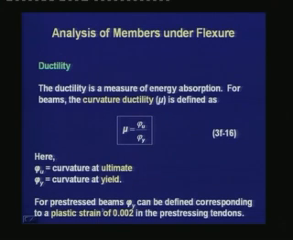For prestressed beams, phi y can be defined corresponding to a plastic strain of 0.002 in the prestressing tendons. As we know that for a prestressing tendon there is no definite yield point, then how do we calculate phi y in the moment versus curvature curve of a prestressed section? We have to define a point in the stress strain curve of the steel for which we define a corresponding yield curvature. This point we can select as the 0.2% proof stress point, that is the point with a plastic strain of 0.002. The definition can be changed if we want to have more plastic strain